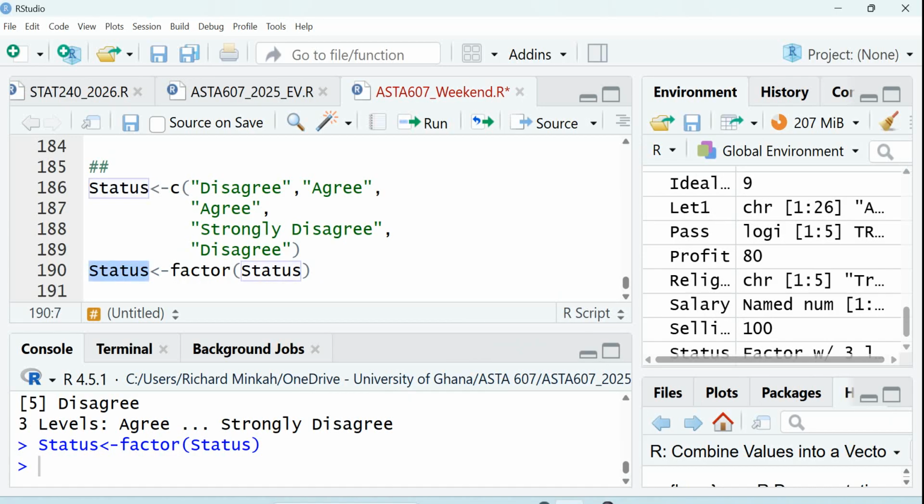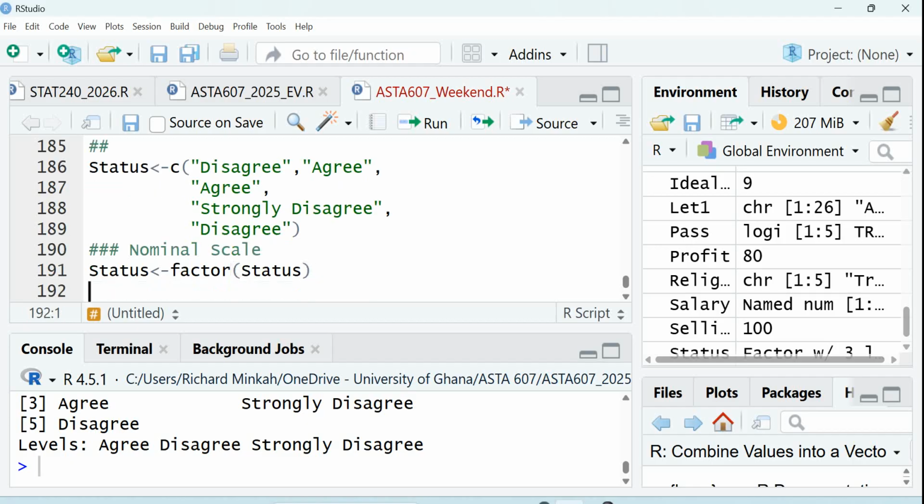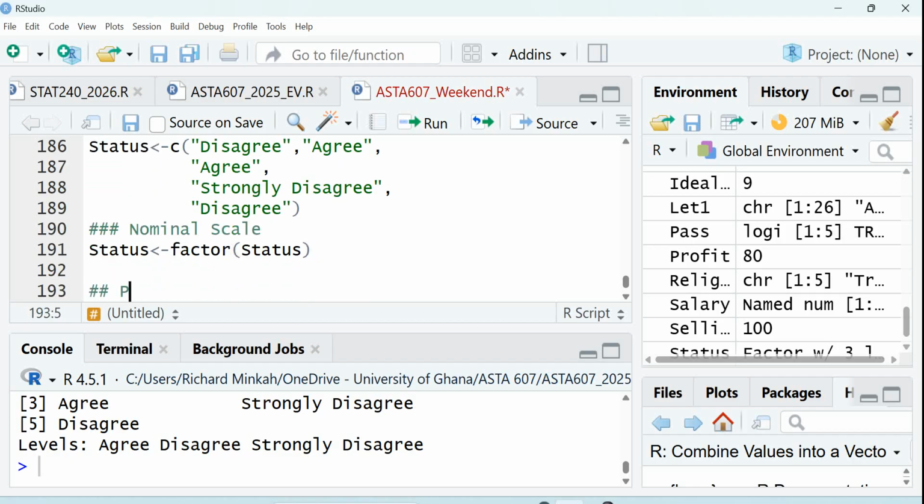What do I mean by that? There is no order attached to this. So if I want order, I need to tell R how, so it changes from nominal to what? Ordinal data. Okay. So this is nominal data or nominal scale. If I want an ordinal scale,